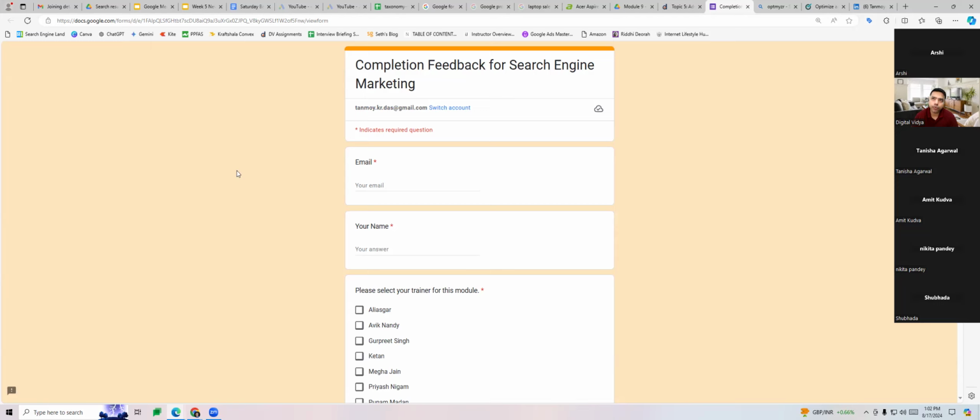The third type of questions can be navigation. They'll ask you to go to your Google Ads platform, and over there they will ask you to create a dynamic search ad, create a responsive search ad, or add some audience targeting. All these things they can ask you to show on the platform. So these are the different types of interview questions which can come.